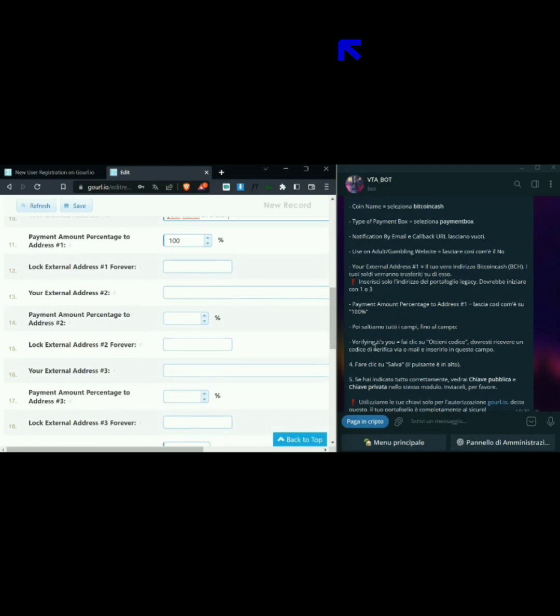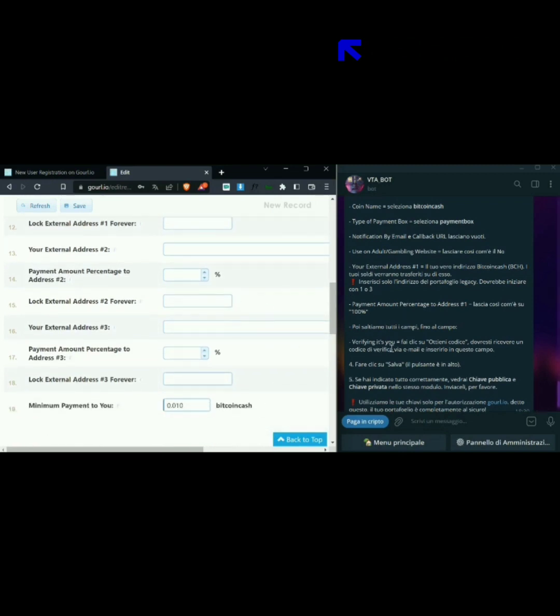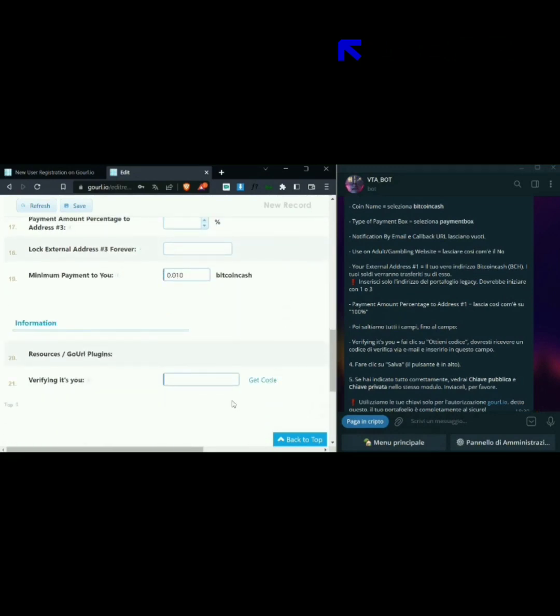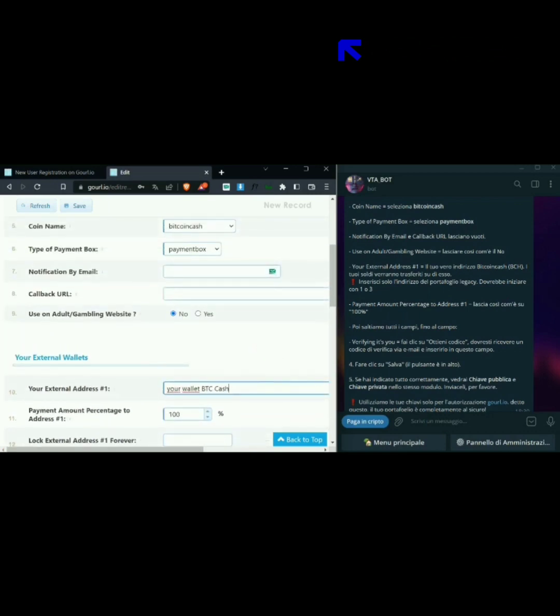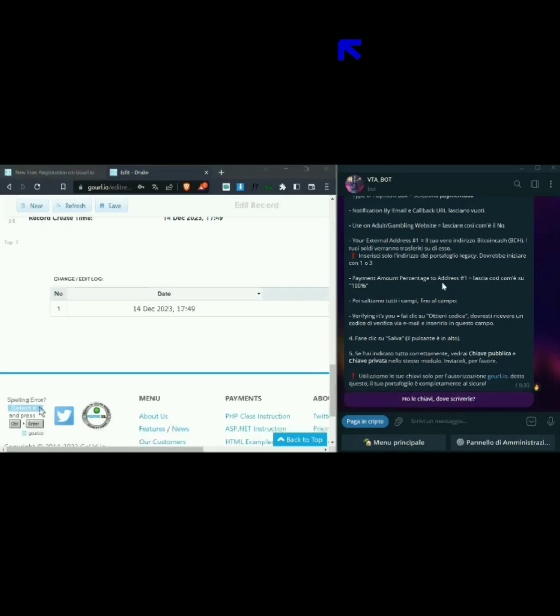Okay, let's go to here and click on get code. Perfect. Now let's fill it out. Once you have filled out all the fields at the bottom, you saw get code. Click on it, will send you a confirmation code. Enter it and hit save here at the top, and if you have done everything correctly, it will tell you